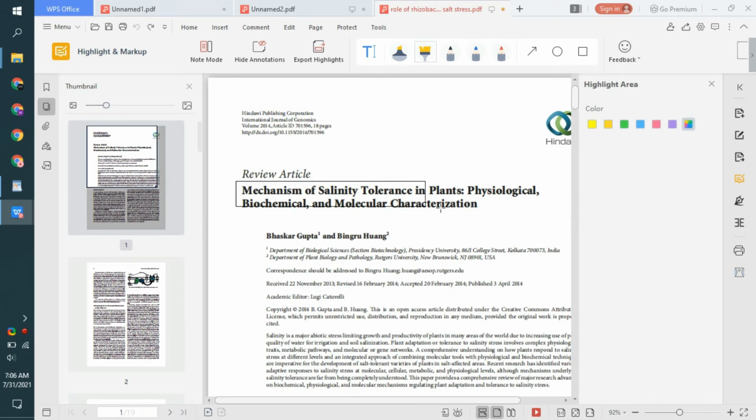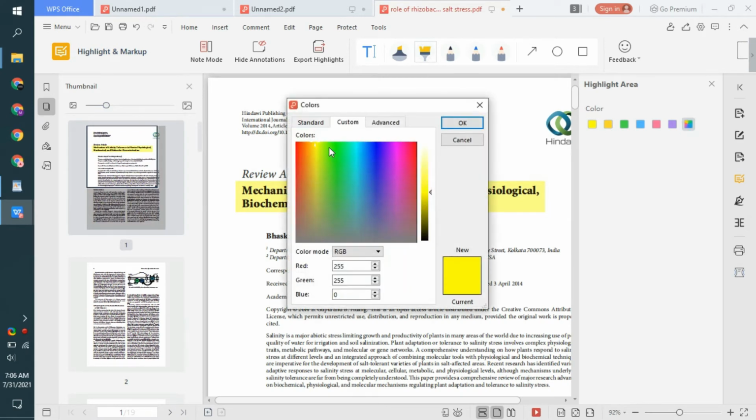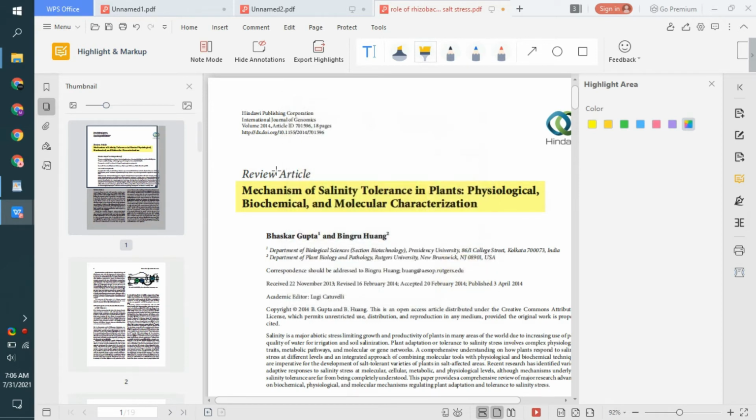Let me do it again. Done. Let's change its color, which one to choose. Done. I can do like this. I can do like this one. So I am going to create again like this one.